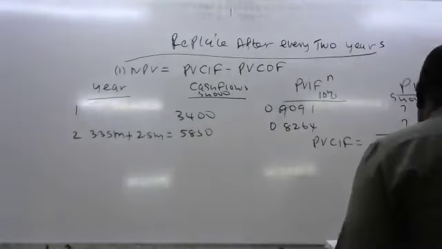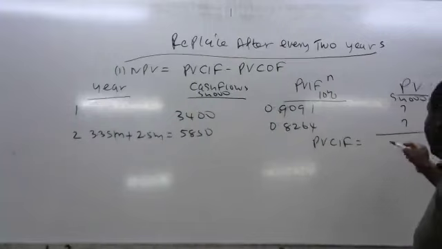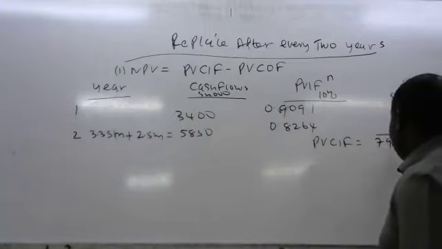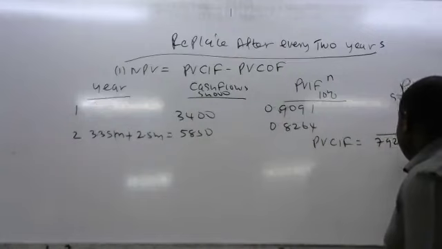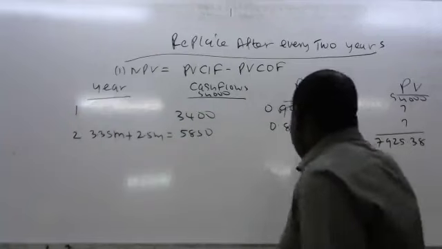So this present value for the cash inflows would be how much? 25.38. Yeah, so now we less